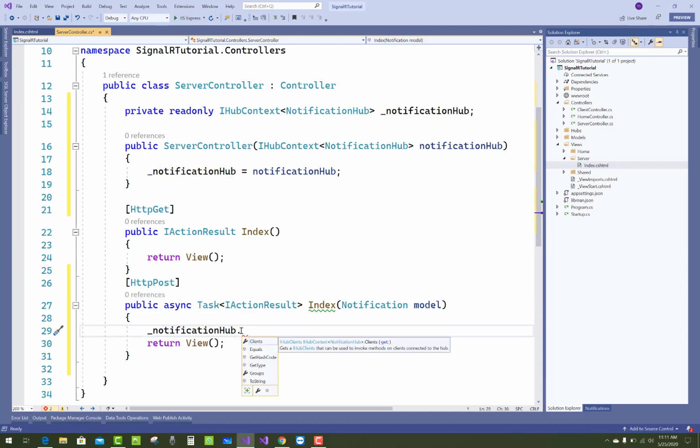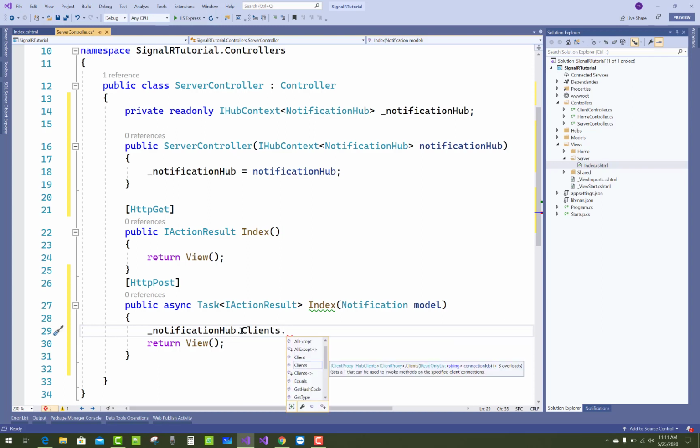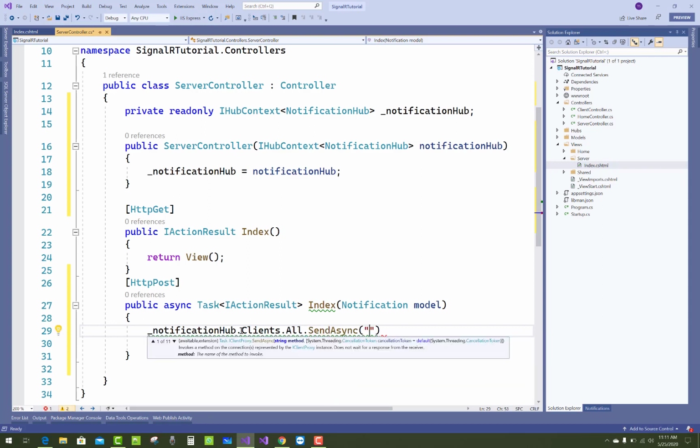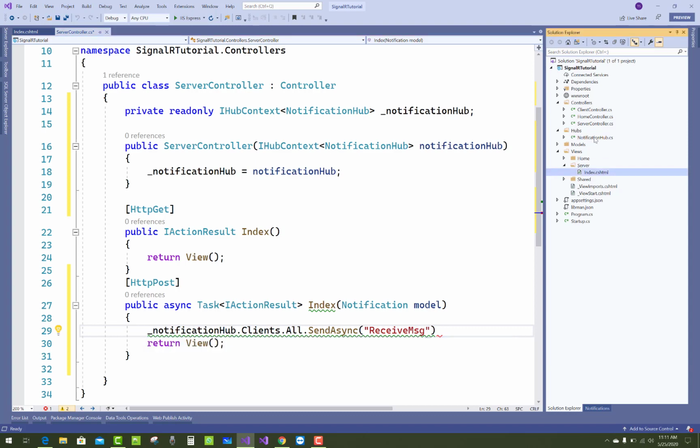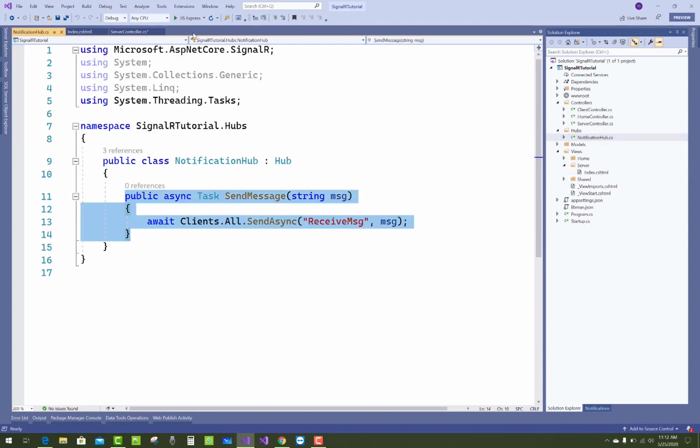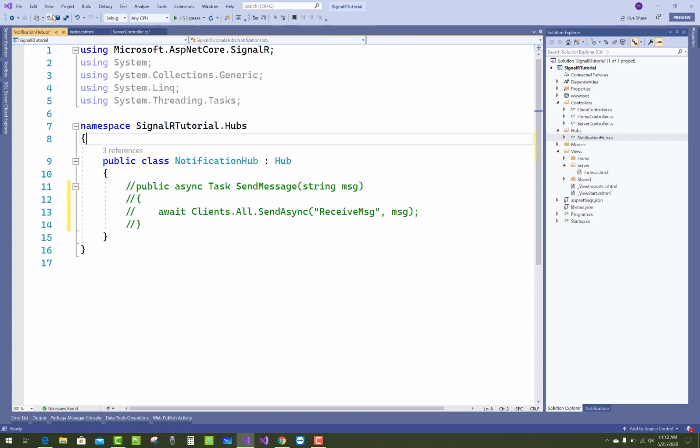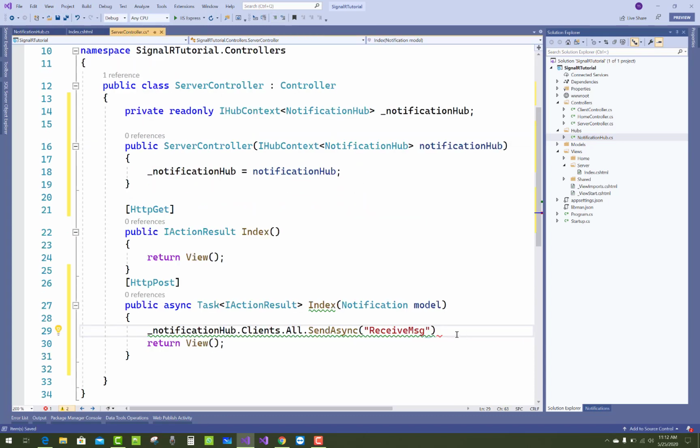Okay, so use _notificationHub.Clients.All.SendAsync, and in which you can pass the method name, which is the method used by the client. In the Hubs folder, just comment it, there is no use actually, just pass that message via the post method.